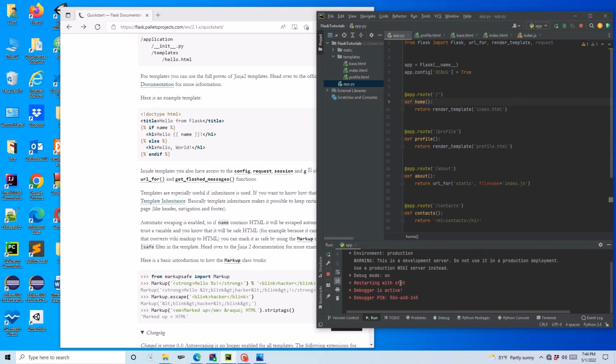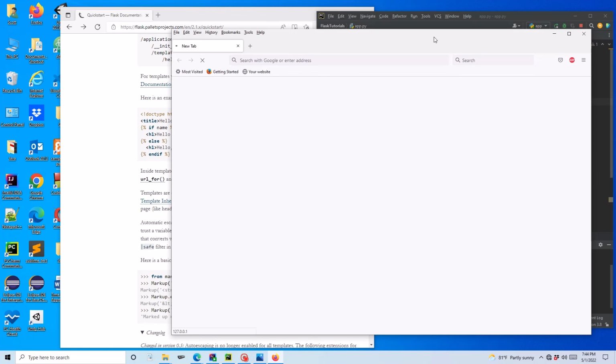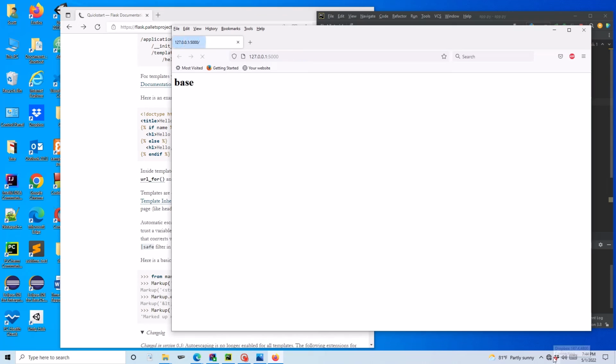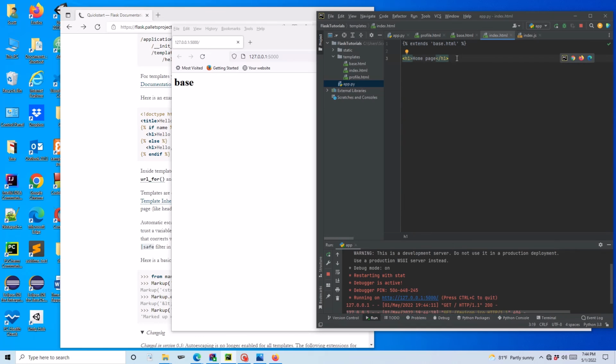We don't. Navigate here, and when this loads, as you can see, we get base here, and the reason we're not getting this here is because